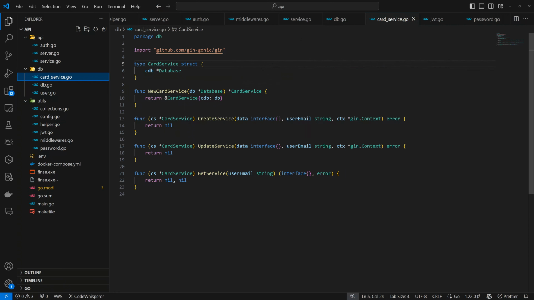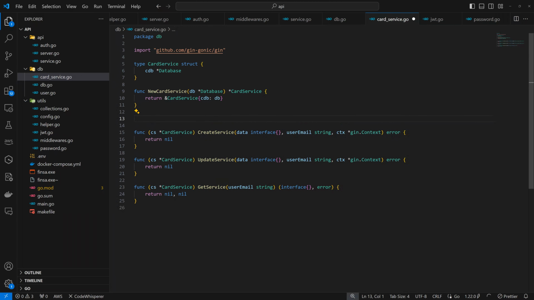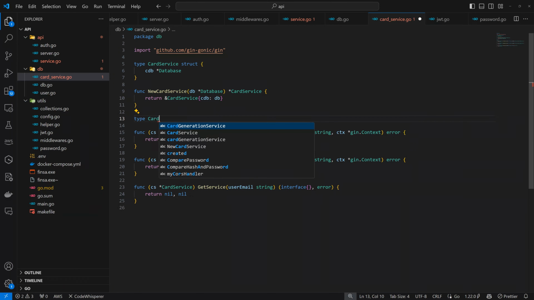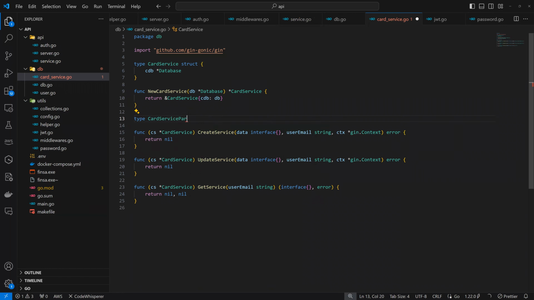So the first thing to do is to create the structure of the data we want. So let's do that. The data is going to be divided into two parts. We're going to have the basic part and we're going to have the fuller part. So here we're going to have a type card service param basic